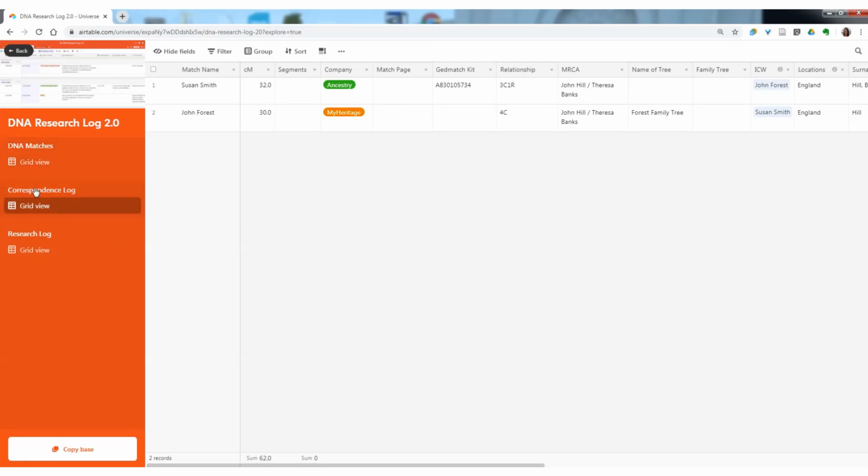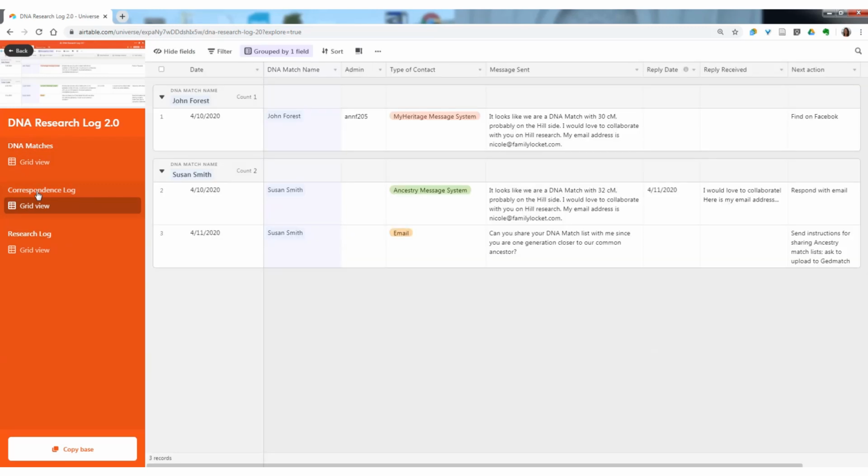In the correspondence log table, this is where you keep track of all the emails and letters and messages and phone calls and correspondence that you've done with matches so that you can remember what you've done and what you've sent and what you've said already. So you put in the date, you put in the name of the match, which is a link back to a row in this first table,